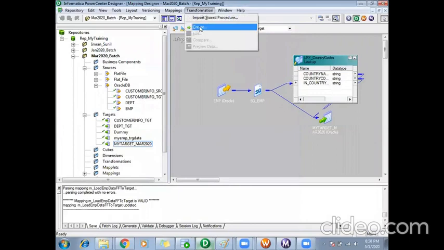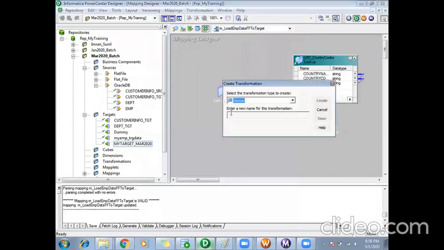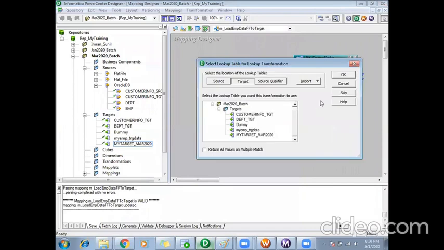While creating the lookup from 9.x, we see the option return all values on multiple match. If I select this and there are two values, I'll get two records. If there are three values, I'll get three records. I pass one record to the lookup, and if it matches more than one, all those records will be returned. So it will change the record count.